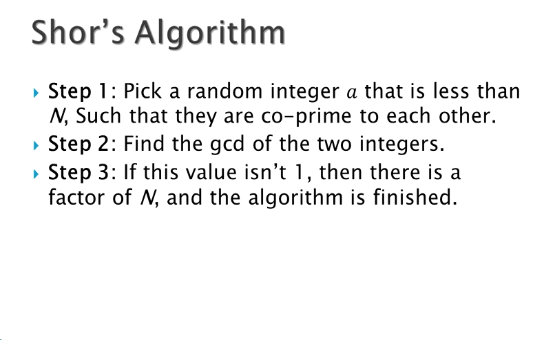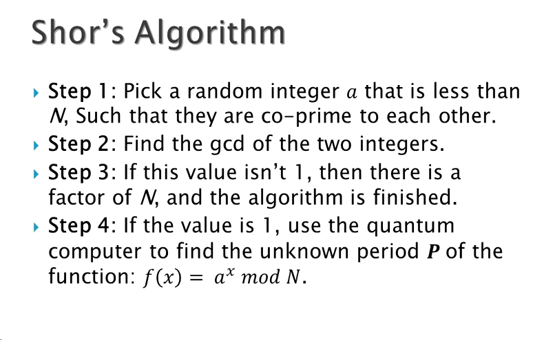then if we find the GCD of 9 and 3, definitely the GCD will be more than 1, because 3 can divide 3 and 3 can divide 9. So the GCD is 3 there. Therefore there exists a factor of 9. Therefore at this stage the algorithm is finished. But what about if the GCD is 1? In that case,